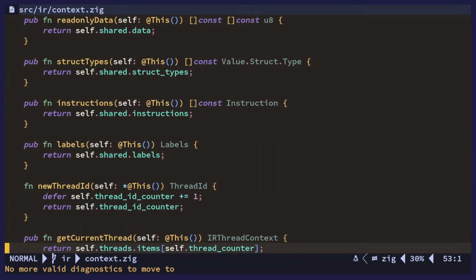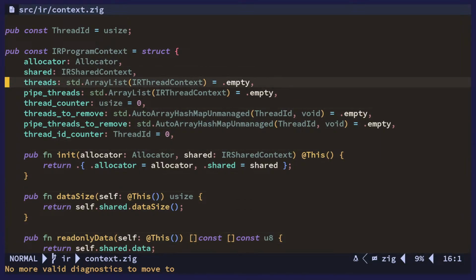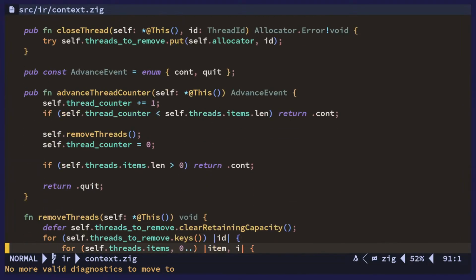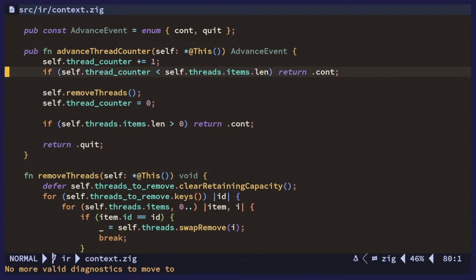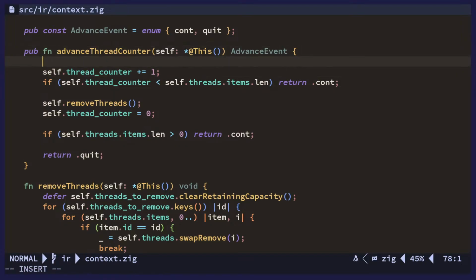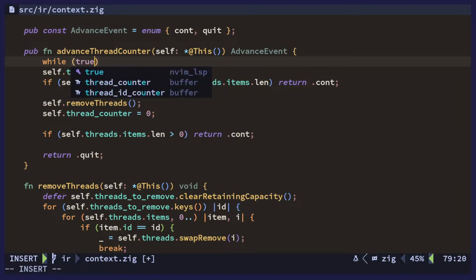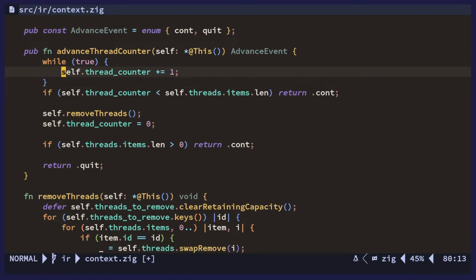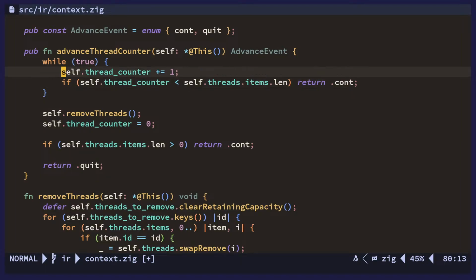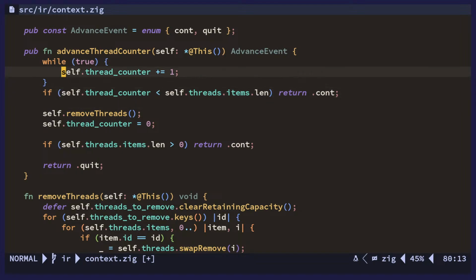I forgot about one thing. If we're currently churning through the threads, but then we're suddenly encountering a thread that was removed, we should skip that thread actually. So when we advance the threads, we shouldn't really care about the removed threads. So we increase the counter, and we'll have a while true here, and we say that, let's see, we do plus 1 if